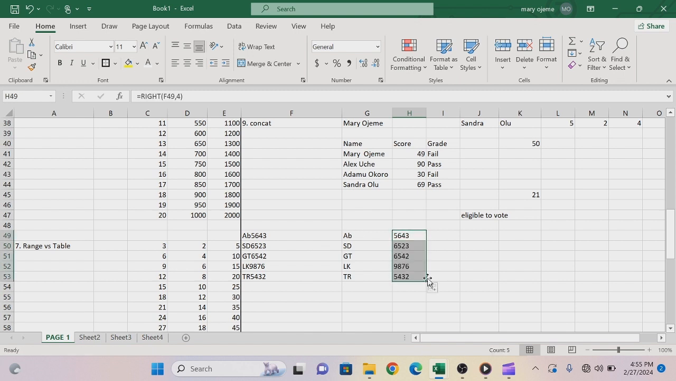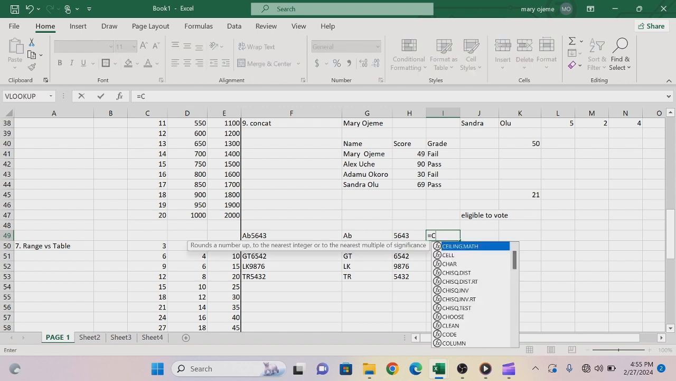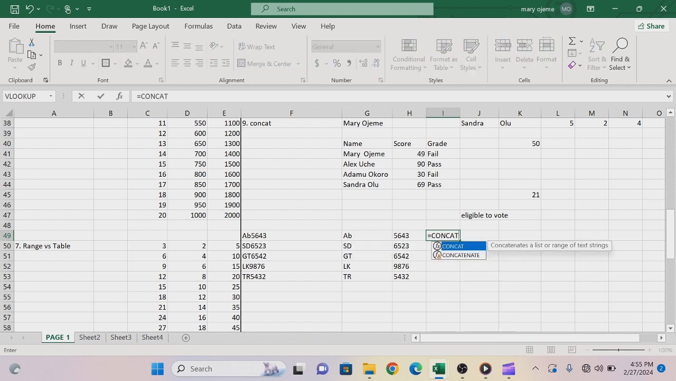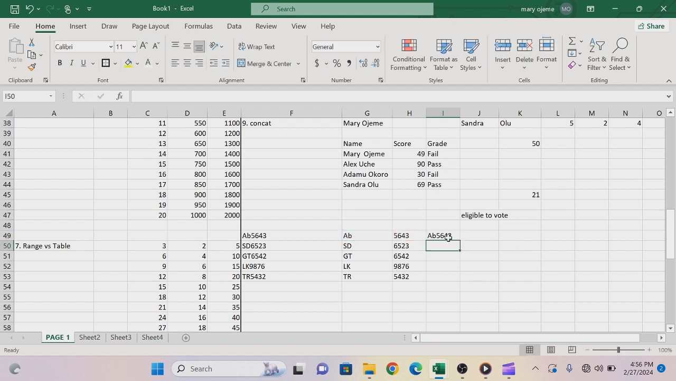Now let's say we want to add back this 2. What function do we use? We're going to use CONCAT to do that. So equals to CONCAT, tab, what text? This, comma, this. And we have this back as it was. So that's how to differentiate and also add back